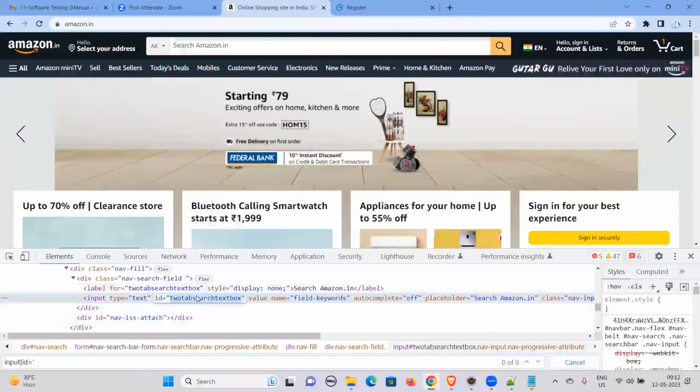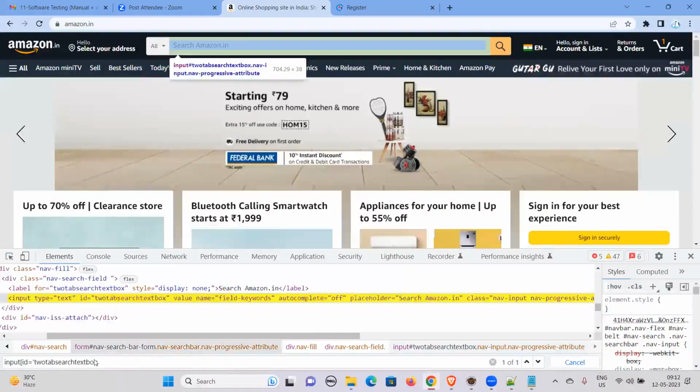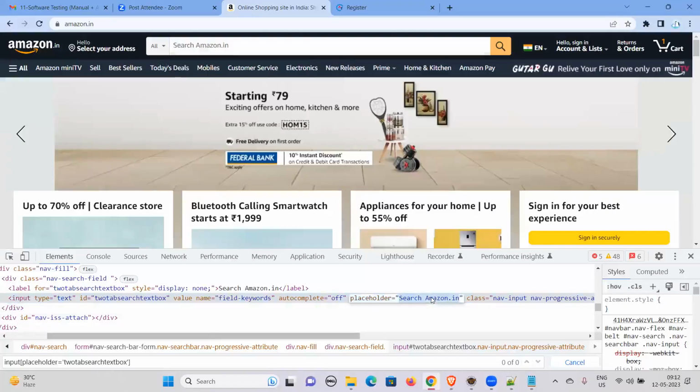that we have here? It's simple. You can take anything. Okay. So you want to identify with the placeholder, you can take it; ID we have already discussed, right? We'll take placeholder. Placeholder. This is nothing but the search box. Now you see,